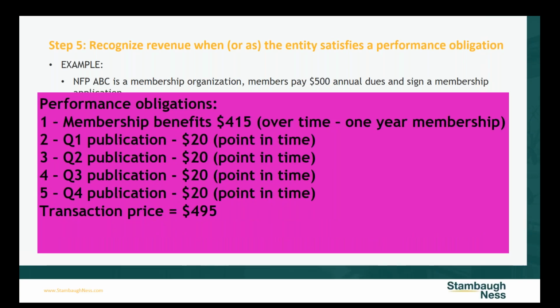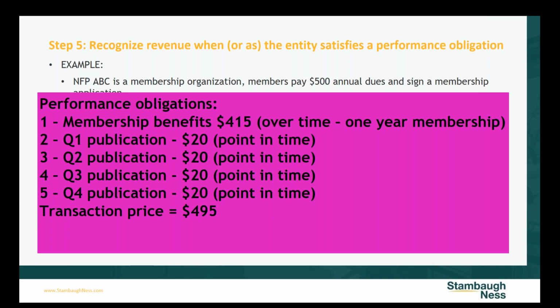So our membership benefits are for the year. They're over time. It's a 1-year membership, so we're going to recognize that revenue over time. Essentially, this is where we have to determine: does the member use the services equally throughout the year so that we can monthly record a 12th of it? Or is there a couple months out of the year where it's used a lot more, maybe based on, if we talked about legal advocacy, legislative things that you have to take into consideration? That's where we would determine how to best estimate those membership benefits.